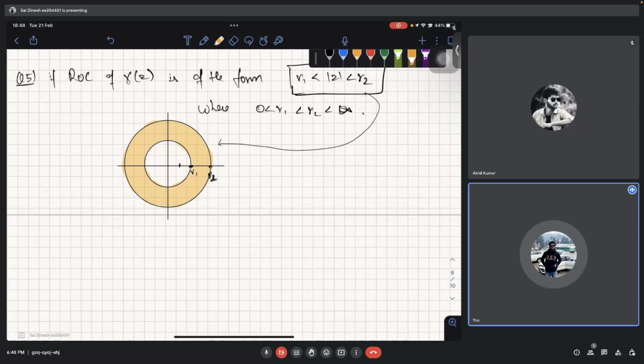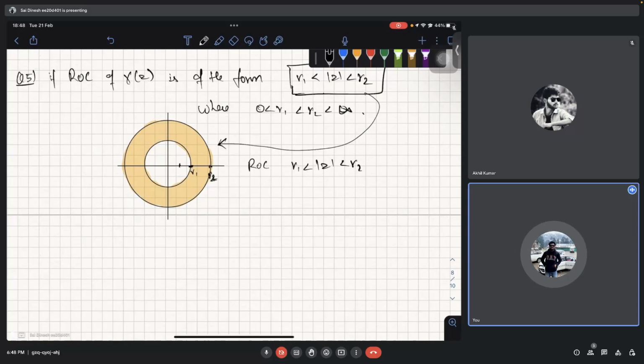This is the area that we have: R1 less than mod z less than R2. So can this be a